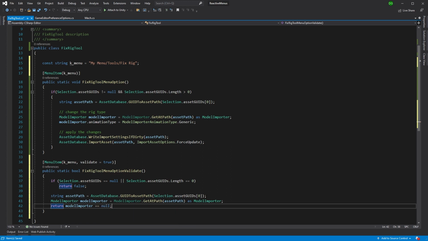So what this is basically doing is saying, if you've selected something at the asset path and you're getting it as a model importer, if that says no, this isn't a model importer, it returns null. In this case it actually returns not null, because we want to say true if it is there. This will basically return whether this is valid. So if we save and we go back into Unity,